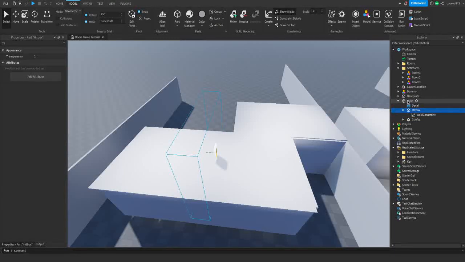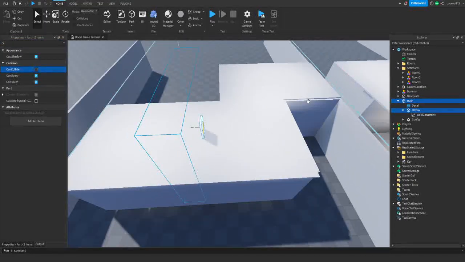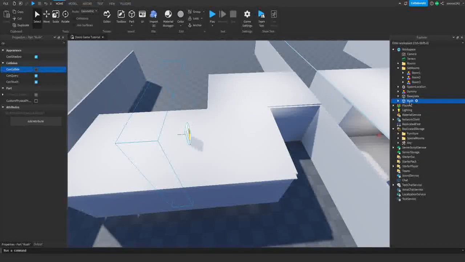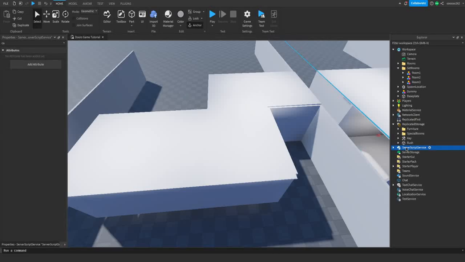Something you might want to do is disable collision for rush, because when the player dies, you don't want this dragging them along the ground and flinging them everywhere, because that could get buggy. You just want them to die and fall on the floor or something. So with our hitbox, we can put rush back in replicated storage, because now we have a way to actually kill the player properly. And now we actually need to create something in the player for rush to be able to check if they're inside of the